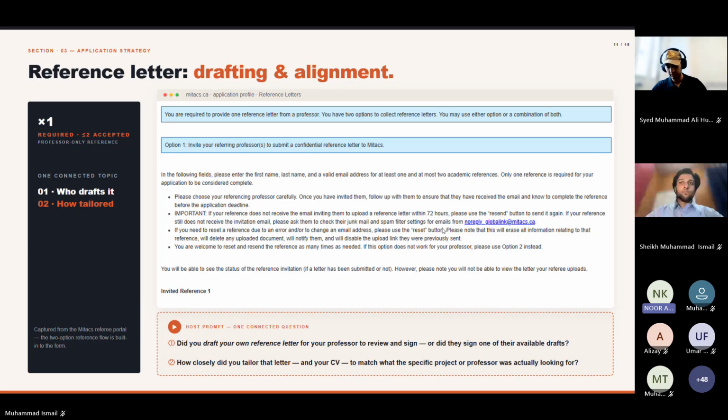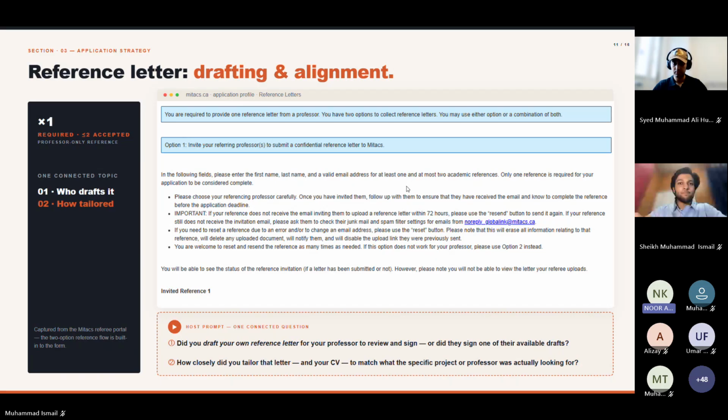So I had two reference letters, right? I drafted both of them by myself and had my professors review them, to see if it's something that they would also write, that they would also sign off on. I personally had one letter from my FYP supervisor, who was also my research paper supervisor. She checked it and told me, okay, you should add this, you should take that out. So she went through a few drafts with me, but then the second letter was from my HOD, right?